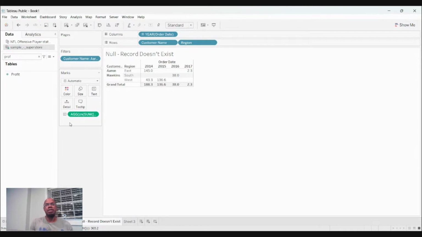So let's say hypothetically I get a task where, hey Cole, rather than just show me the grand total here, I want to see what the average is for this particular person. But I want to see their profit for each year based on region. So give me what the sum was for customer region and year, but then also show me the average for that,